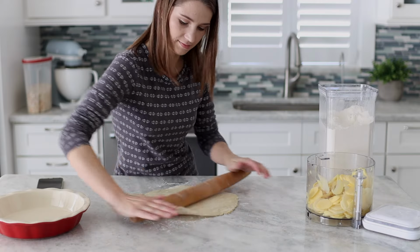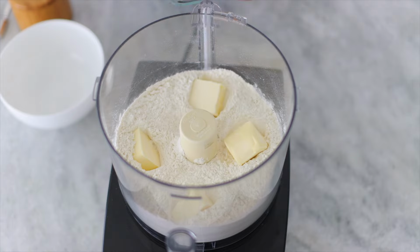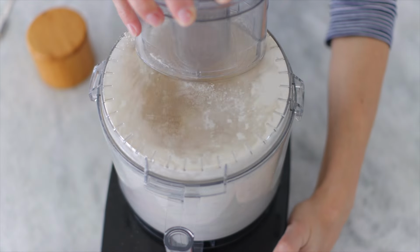Another thing that I make almost exclusively in the food processor is pie dough. It works so well for this. The knife blades cut through the butter perfectly. It does it so effectively, and you're not over handling it with your warm hands and melting the butter, because